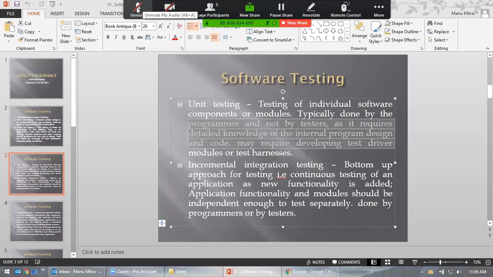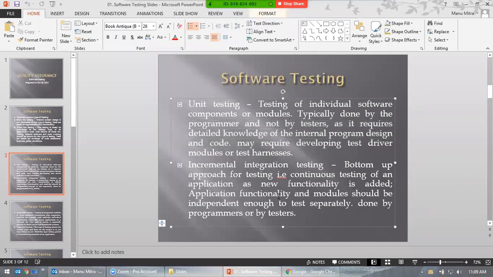Testing an individual component or module is called unit testing, and it's done by the programmers and not by the testers, because you need detailed knowledge of the internal program design.